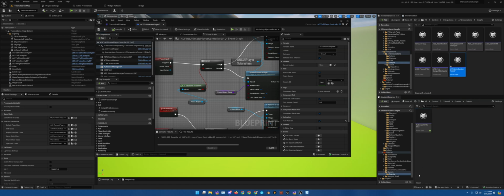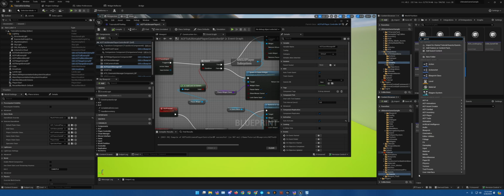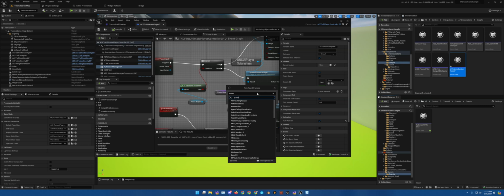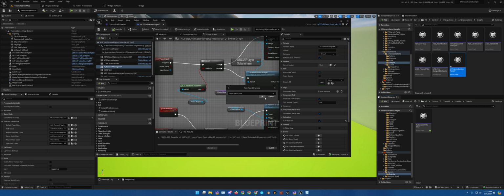So, as per usual, right click, not game, data table, and it is of type something with the word quest. Yep. Hit OK. And I'm just going to name it